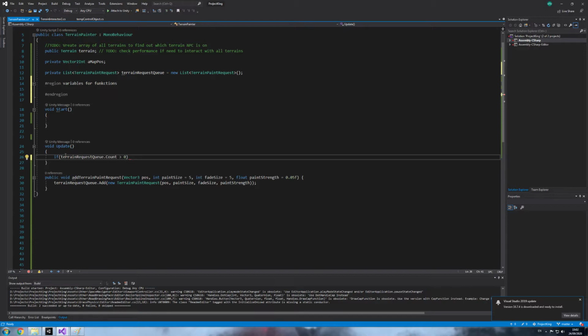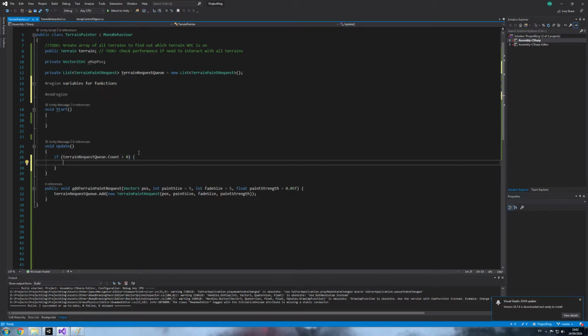throw in. So we have one request, we need to do something, and this is the best solution I came up with so far. We don't want to repaint terrain multiple times in the same frame. We can paint 60 new locations per second and not lose any performance. And if we start painting at least twice per frame, it actually starts to fill up. So that's one thing. Why once? Because it takes